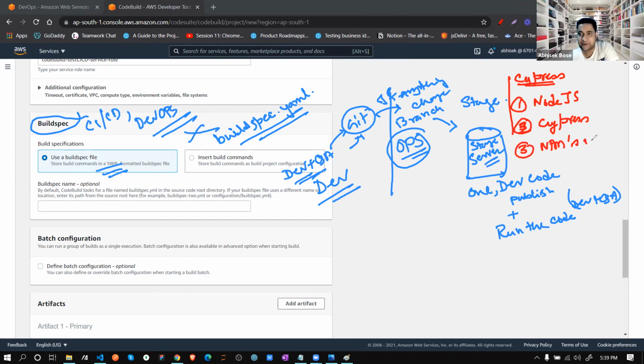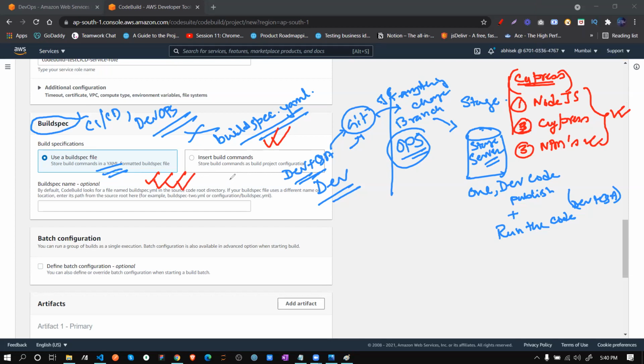That you need to install to run this Cypress code. How will the server I'm creating know this? It will not know, correct? So those lines of code we are going to write over here in this buildspec.